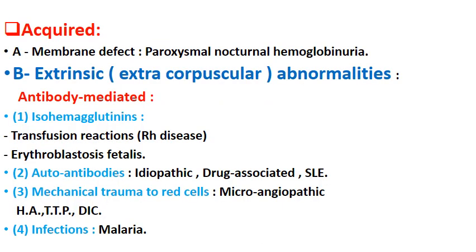Or acquired cases, as in the membrane defect, as in paroxysmal nocturnal hemoglobinuria, or there are extrinsic extracorpuscular abnormalities and antibody mediated, as in the isohemagglutinin, especially in the transfusion reaction, in case of the Rh disease mismatching, or in the ABO incompatibility, or in the erythroblastosis fetalis, in which there is mismatching between the blood of the baby and the blood of the mother, especially in an Rh negative mother, and this usually happens especially